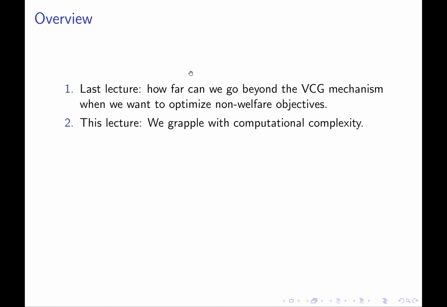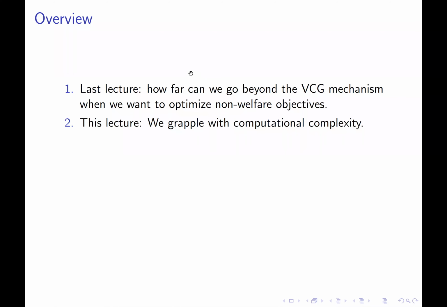In this lecture, I want to grapple with a shortcoming of the VCG mechanism that is orthogonal to this. So in the setting that we're going to talk about in this class, social welfare is still the thing that we care about, right? We want to maximize aggregate happiness. And so if we lived in a completely computationally unconstrained world, the VCG mechanism would be the perfect tool for this. But our problem in this class is going to be that we only have finite computational resources. We're only able to solve polynomial time solvable problems.